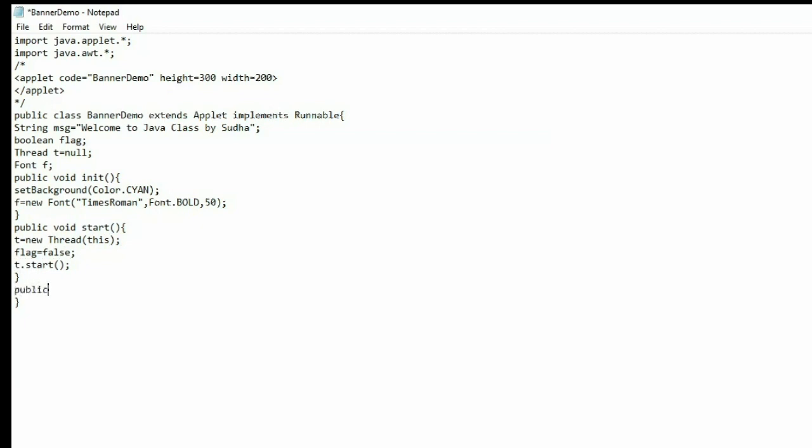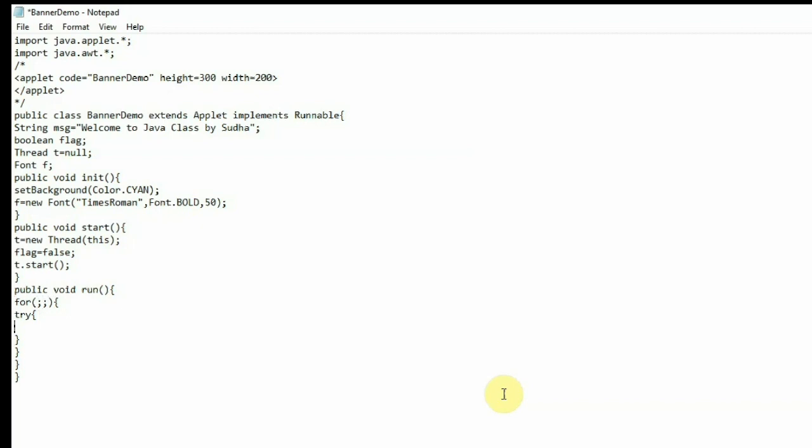The start method will invoke the run method. Inside the run method, the code the thread should be executing will be there. Here I am taking an infinite for loop, because I want the text to move from left to right indefinitely. When I minimize the applet, I don't want the banner to actually move, but whenever the applet is visible to the user, I want the banner to move.